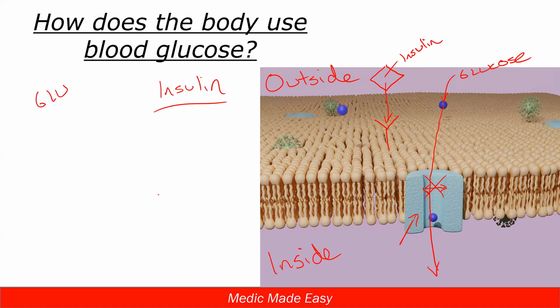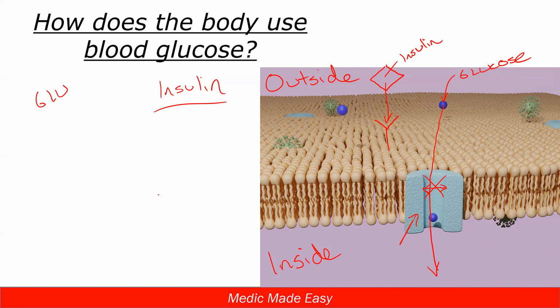inside the cell. And the sugar, in addition to oxygen and an appropriate temperature, is what the cells need to actually stay alive. Right? So every individual little cell throughout the entire body needs the oxygen, and it needs the sugar, right, to make energy. So if we can't get the sugar into the cell, then that whole cellular metabolism cycle that's responsible for making energy, and making energy keeps that cell alive so it can keep living and doing the things that it needs to do. If we don't have sugar, it's not going to make any energy, and that cell is going to eventually start to die.